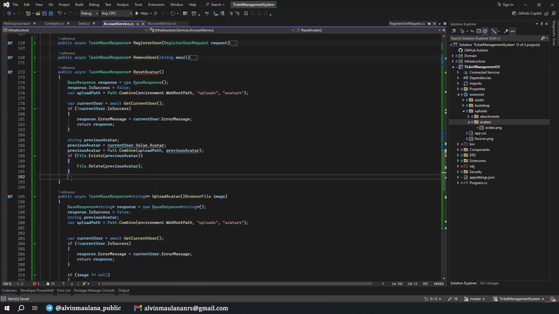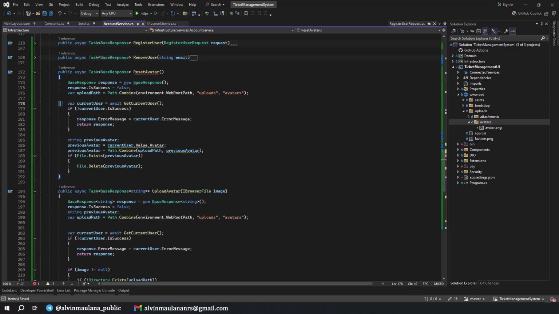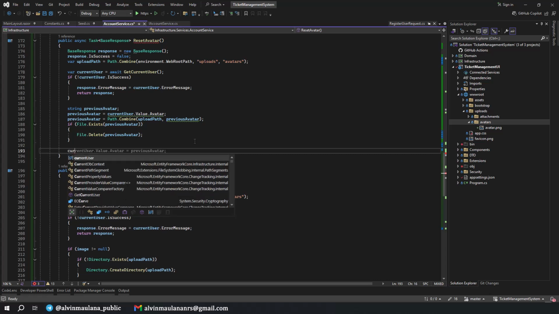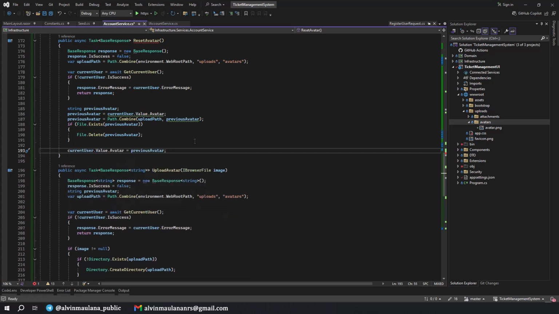I think we do removing the previous avatar after we get the current user. Okay, after we get the current user, we check the previous avatar. If it exists in our directory, we will delete it. And after that, we set the current user value avatar equal to something like avatar.png, but let's have a constant for this.